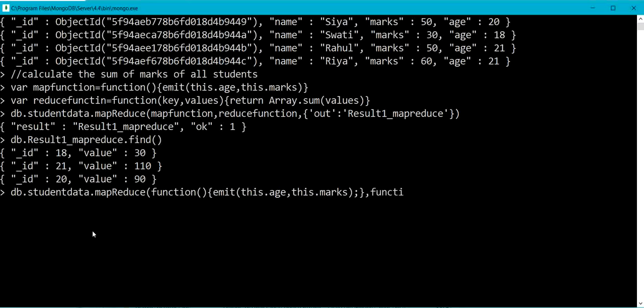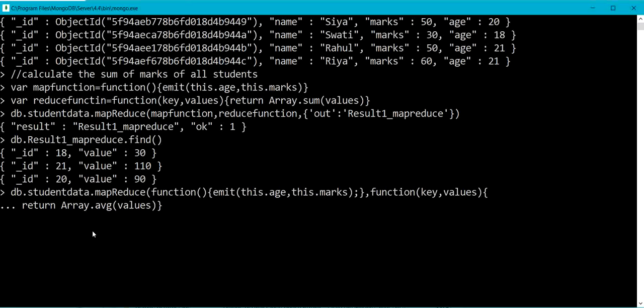Second argument will be reduce function: key comma values, and what it will return? It will return array dot average of values.